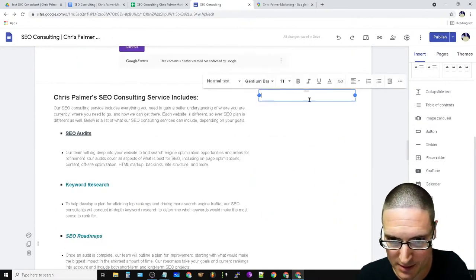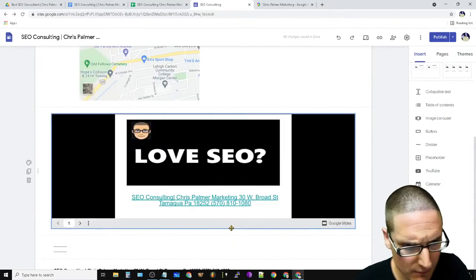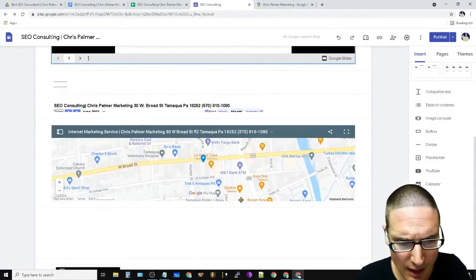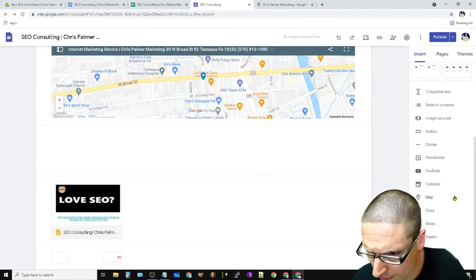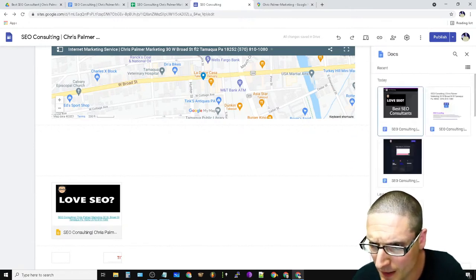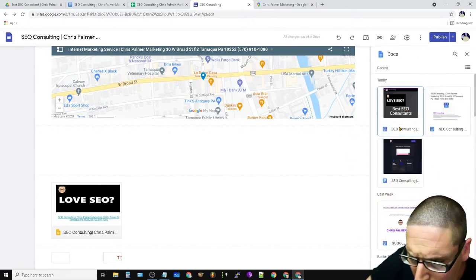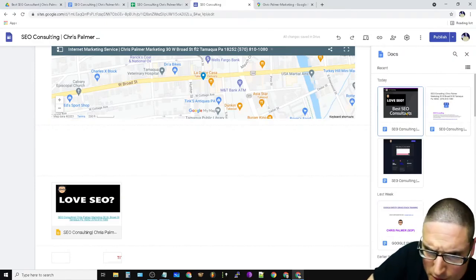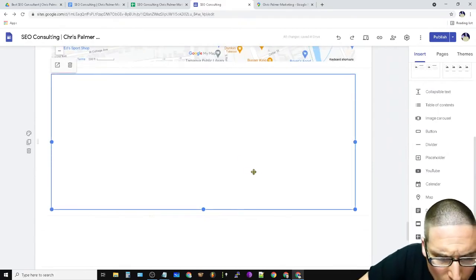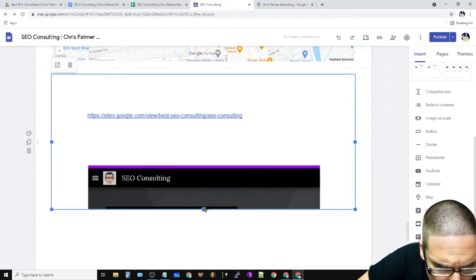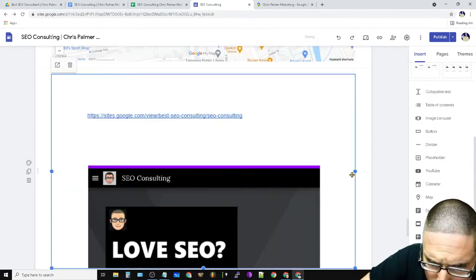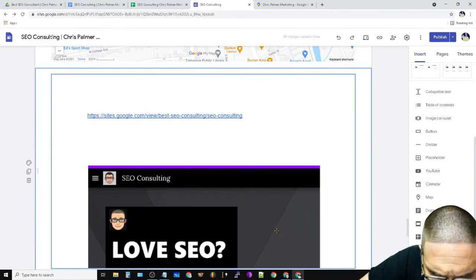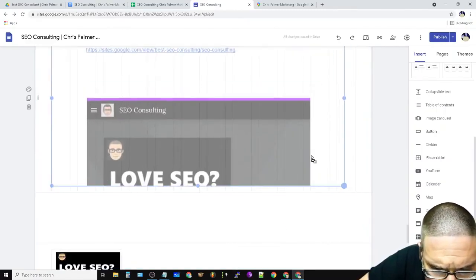All right, so with that being said, that's hidden, won't worry about that right now. Slide, map, my map. So what we want to do is insert the doc, and then we have the document that I just created, which should be this one, and we'll insert that here. Let me just make sure that's the right one, and I think it is. Yep, looks like the right one. We can make that smaller.